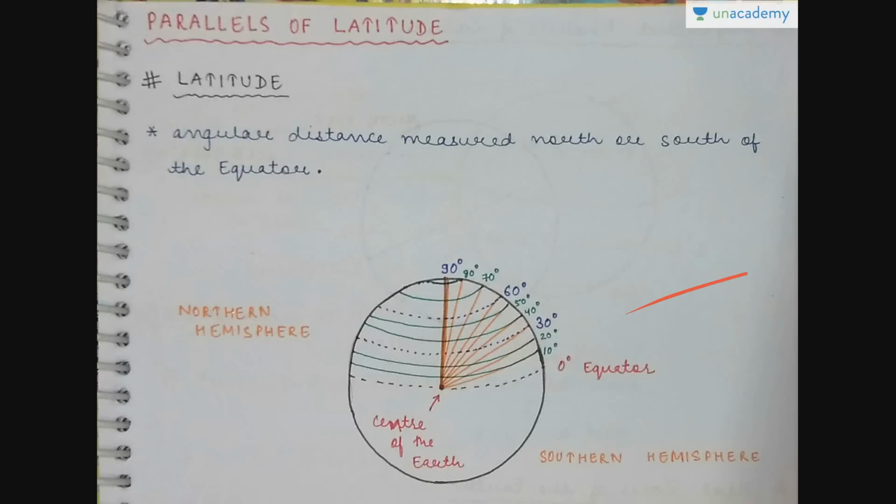Now, see, this is the center of the earth, the interior. From here, if we take a point on any part of the globe, suppose we take a point here on the earth, we measure the distance to this point in terms of angle. The angle at which this point is located is the latitude of this place, and then we say that it is at 10 degree north latitude. Similarly, the other degrees are here.